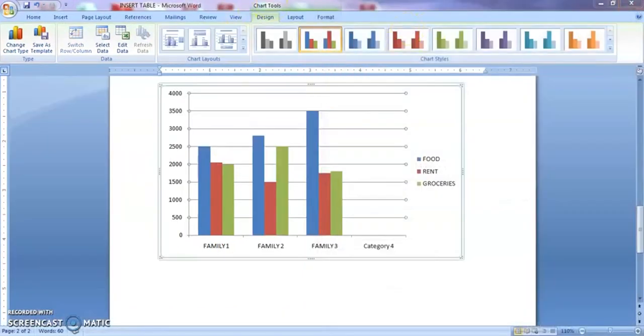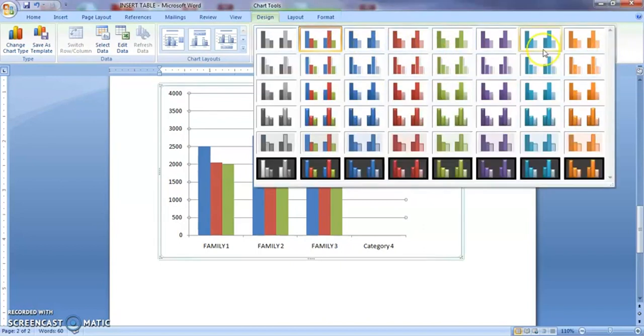Can you identify that there is a chart tools option available in the title bar now? Under the chart tools we have design, layout and format options. Let's see one by one. Similar to the table styles, here also we have quite a number of chart styles. Whatever chart style you are interested in, just click that style and it will get applied to the chart here.